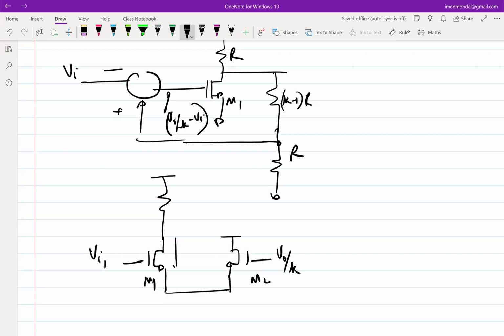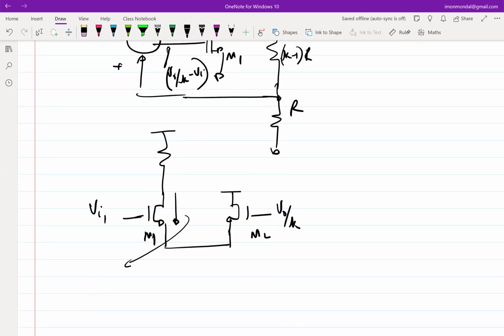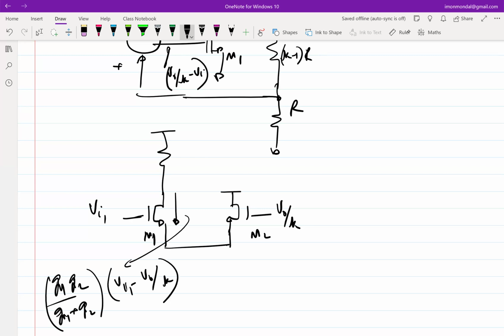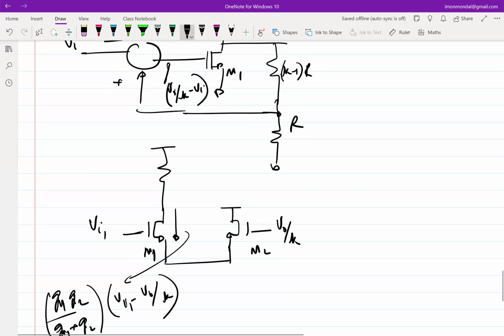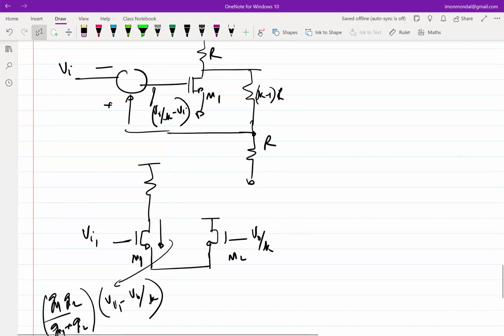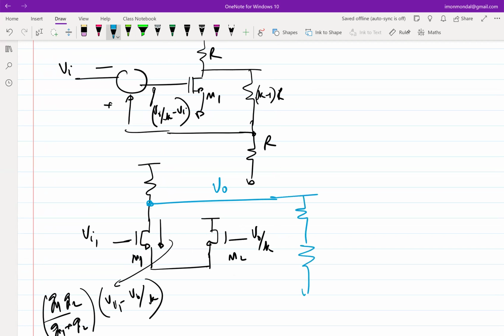So this current here will be what? Gm, whatever the effective Gm is, right? So Gm1 Gm2 by Gm1 plus Gm2 times Vi1 minus V0 over K, right? Now let's compare this with respect to what we want. So let's take the output V0 and then generate this V0 over K. Okay, so we connected this up and everything is fine, but we also need to figure out whether